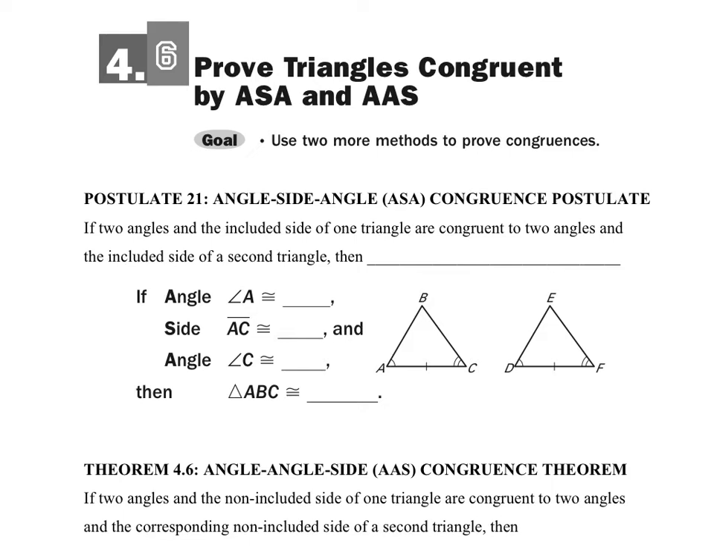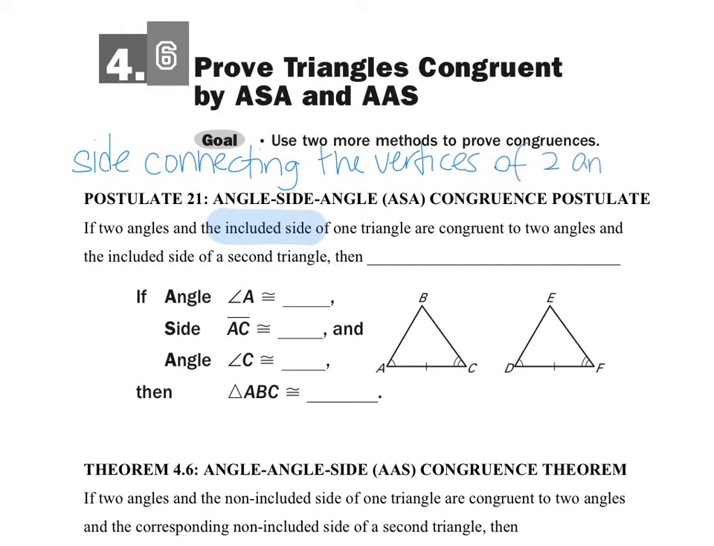included side. An included side is the side connecting the vertices of two angles. So if I have two angles and the included side of one triangle congruent to two angles and the included side of a second triangle, then naturally the two triangles